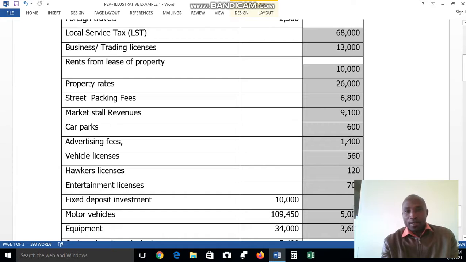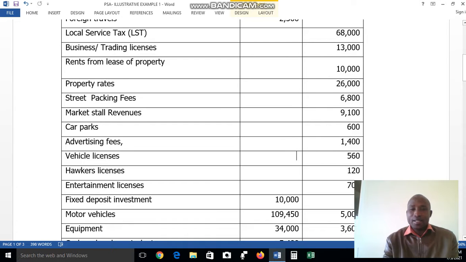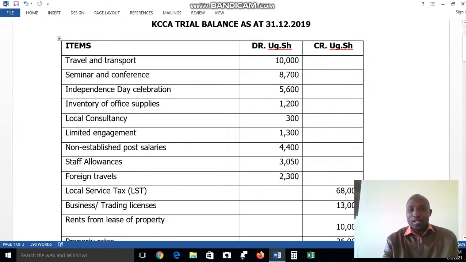Then in the credit side of the trial balance, we find incomes and liabilities, but in the debit side is where you find all assets and expenses. So when it comes to identifying expenses, you come to this trial balance and pick expenses, because transport is an expense, and so on. After making a list of all the expenses and all incomes, you'll be at liberty to prepare a financial performance